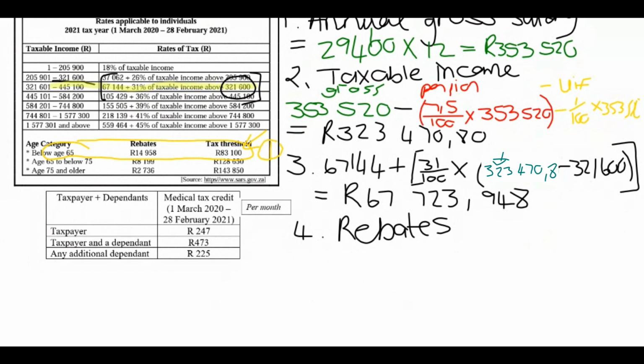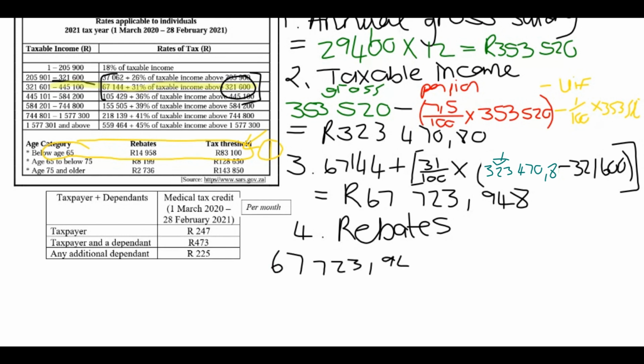The annual amount was 53,520, and that is above 83, so he is above the tax threshold. Then you can continue, right? If he wasn't, then it means that he doesn't have to pay tax. He's lucky. Okay. So rebates, we now take the amount we just worked out, which in number 3, 67,723,948,